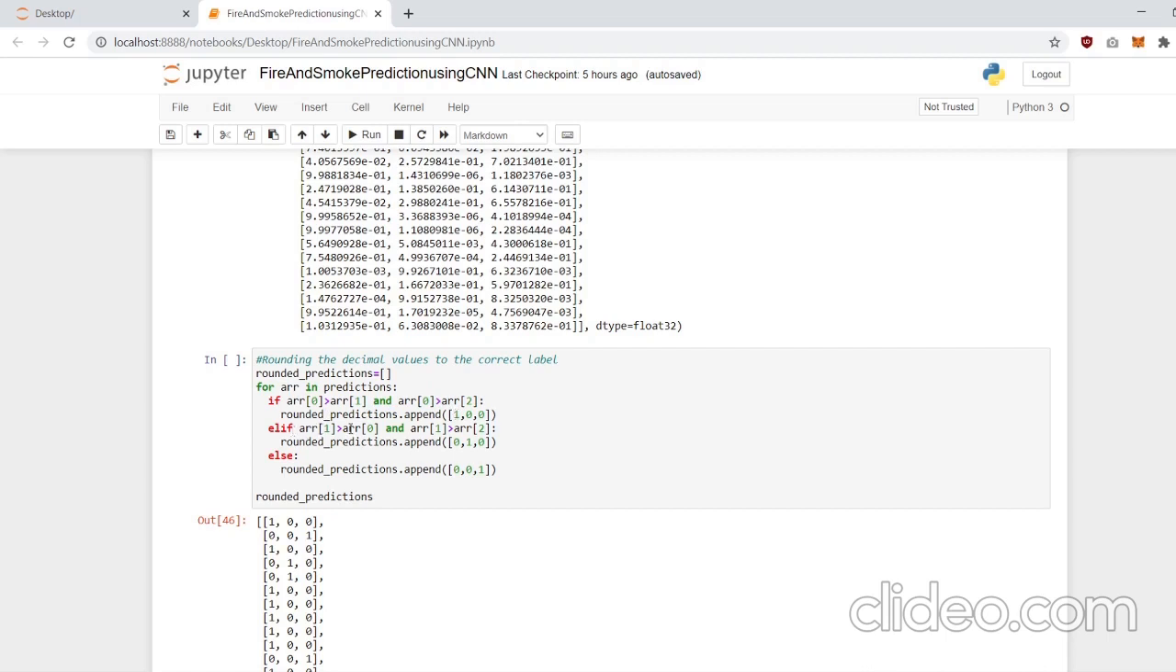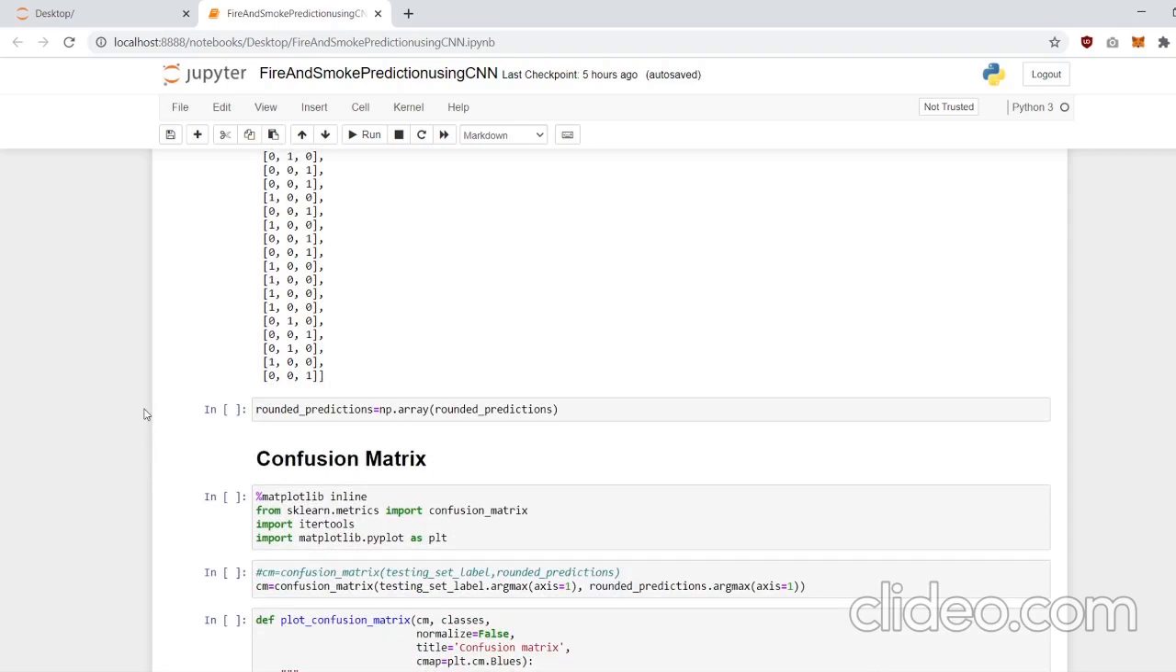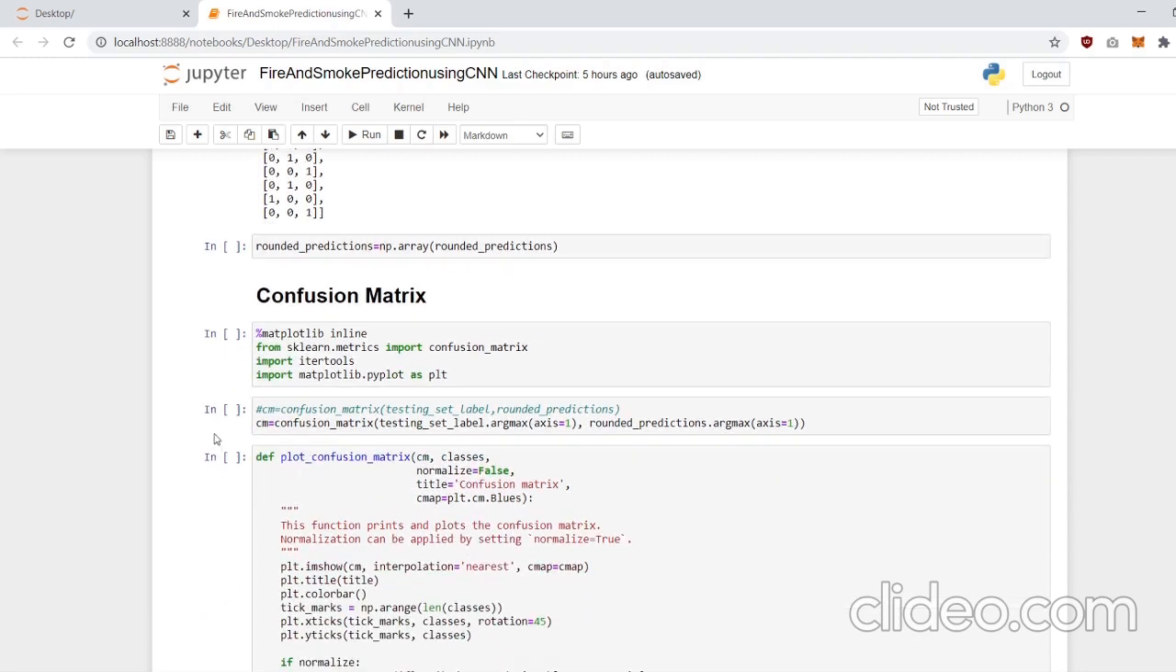And similarly, if array of 1 is greater than array of 0 and array of 1 is greater than array of 2, it belongs to the second class, which is the fire class, and so on. Now this is appended into a list. When we create a confusion matrix, it does not take a list into consideration, but it takes an np.ndarray. So before creating a confusion matrix, we have to typecast the list into an np.ndarray, which we have done over here. And then confusion matrix is basically used to describe the performance matrix of classification models on test